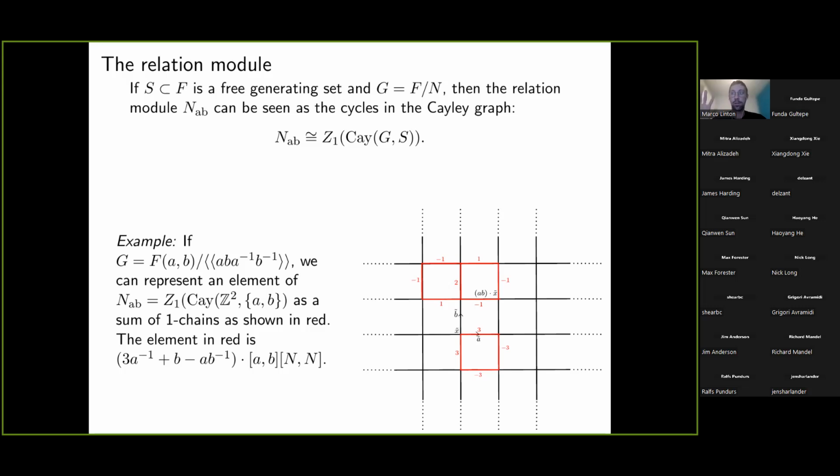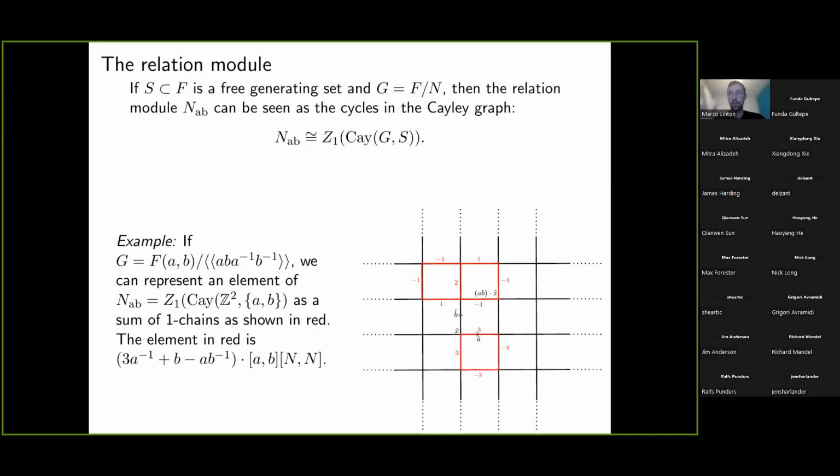And on the right, there's the Cayley graph. I've only put 2 arrows, but you should imagine everything pointing to the right and pointing up. That's the orientation I've put on the one cells. And the normal subgroup N is actually the fundamental group of this Cayley graph. And so the abelianization of N is the group of cycles of this Cayley graph. And you can represent all these cycles by sums of one chains which have trivial boundary,